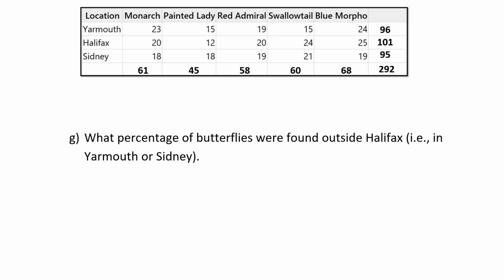Next one, what percentage of butterflies were found outside of Halifax? So in other words, they were found in Yarmouth or Sydney. When you see the word or, it usually means you're going to add some things together. So here, the who